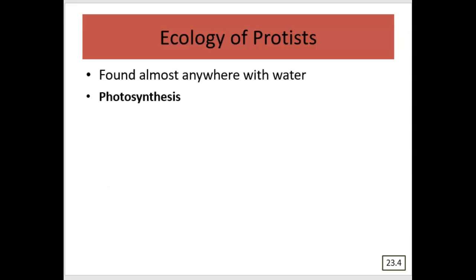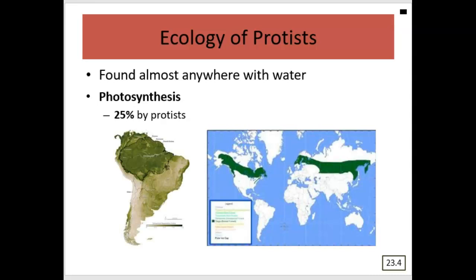Protists are also really important in doing photosynthesis. In fact, it's something like 1/4 of all the photosynthesis done on Earth is done by protists. Now, this really impresses me because when I think of photosynthesis, I think of, one, the Amazon basin, right? The Amazon, huge amount of plants, huge amount of photosynthesis. I also think of the boreal forest that stretches across Canada and across Europe and Asia. Huge number of these evergreen trees. Even though there are those huge numbers of plants in those places, still 1/4 of photosynthesis is done by protists.